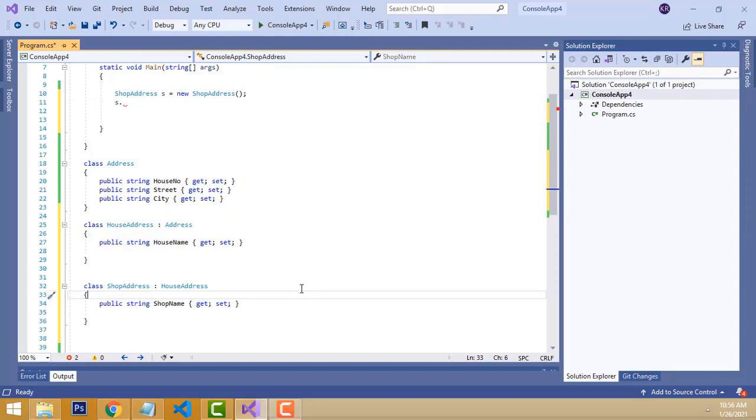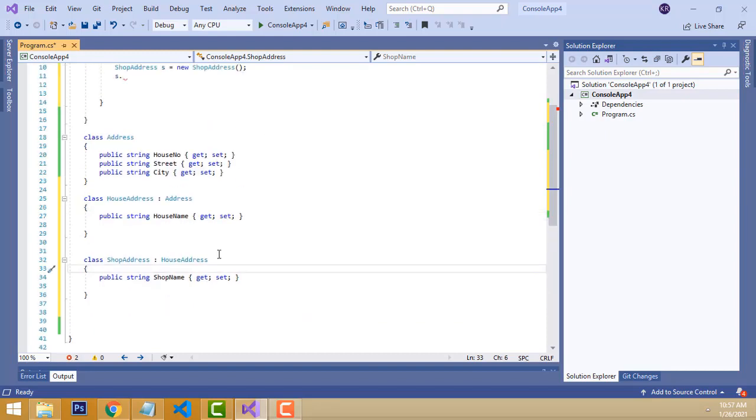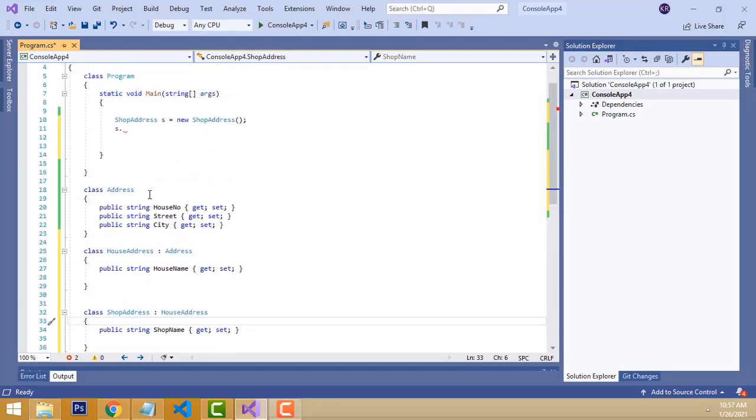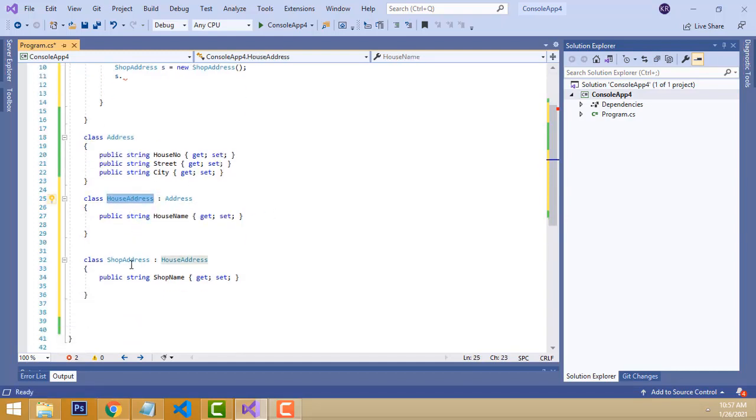Many students are confused about inheritance, about how to inherit more than one class. Many students are confused about this concept, so I have explained it with a simple example of how it works. It is a very simple concept that you must understand. If you don't understand this concept well, you can't write the programming, and MVC will also be difficult to study. If you study this concept clearly, programming will be easy. So that's how to inherit two or more classes.